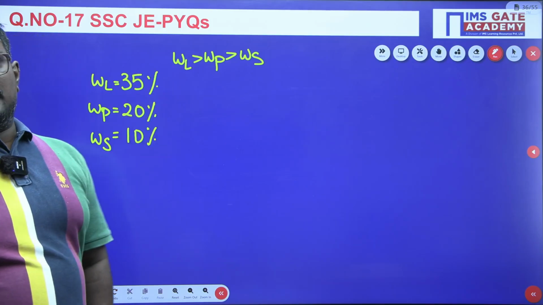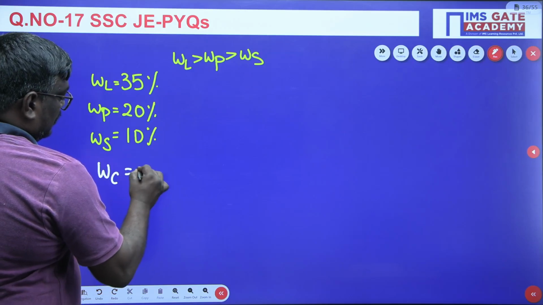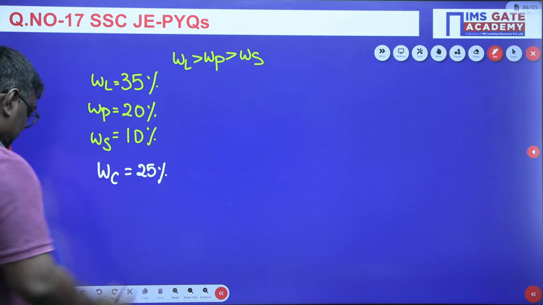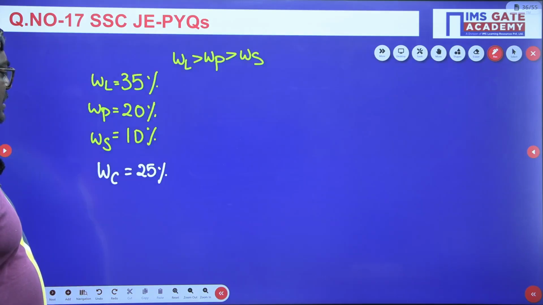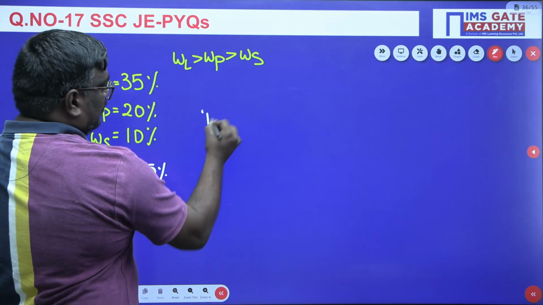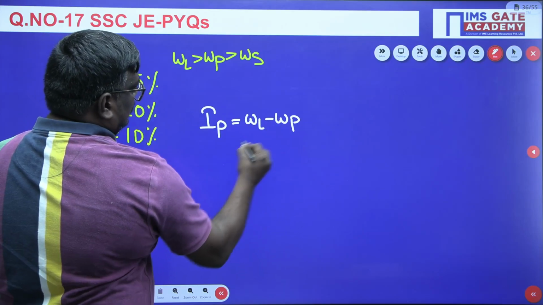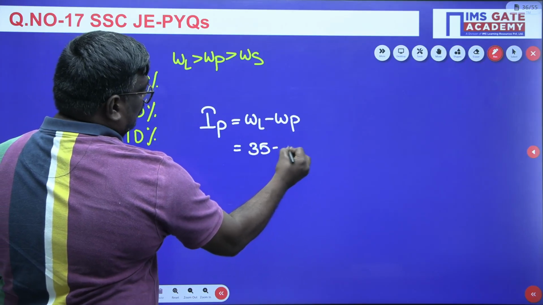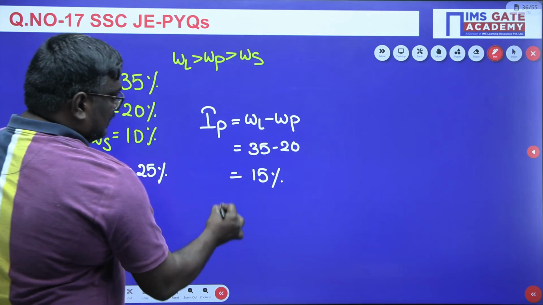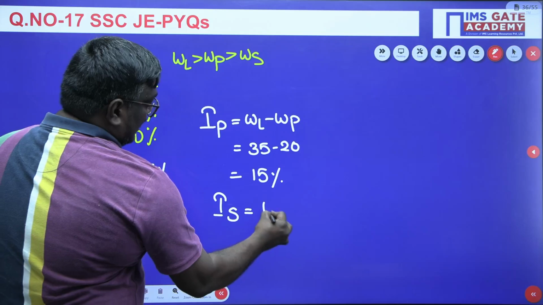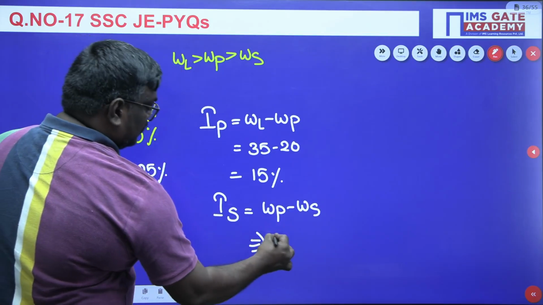I hope you are clear, right? Now in this, see what they are asking. Natural water content is how much, sir? 25%. What they are asking, we'll see. They are asking what is the liquidity index, plasticity index, and shrinkage index. First, if you talk about plasticity index, what is IP? WL minus WP. So here that is 35 minus 20, it will be equal to 15%, or you can say 0.15. Now shrinkage index is equal to plasticity index minus plastic limit minus shrinkage limit, that is 20 minus 10,